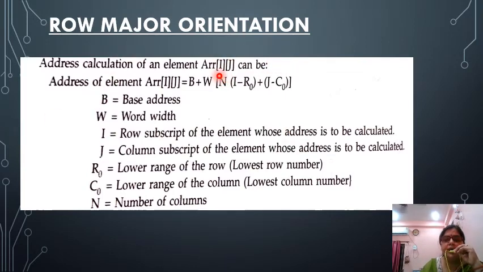Here we will take array[i][j]. Here you know all that: B is the base address, W is the word width, N is the number of columns, how many columns are there, I is the row index number, R0 is the lower range, the lowest row number, J is your column subscript, the element whose address is to be calculated, C0 is your lower range of column, the lowest column. See, in row major orientation, we have to take the lowest row number and lowest column number. Okay,